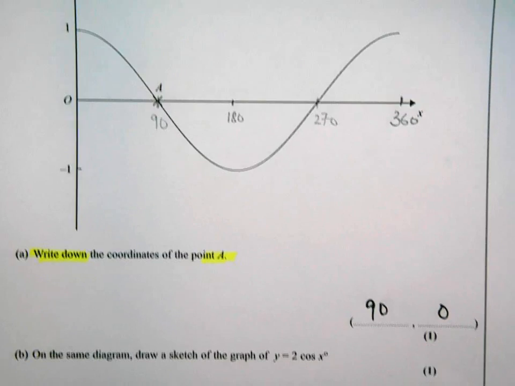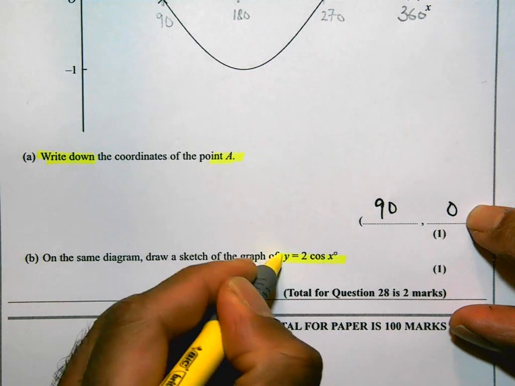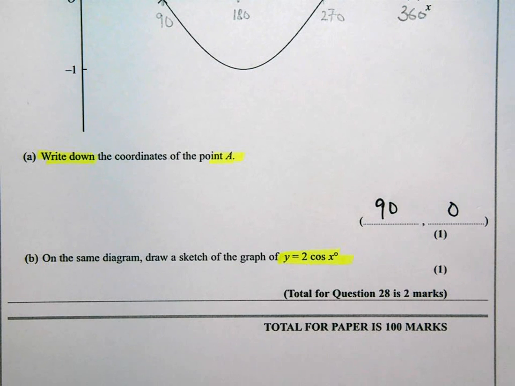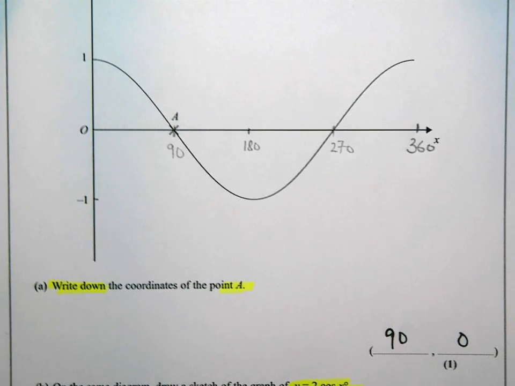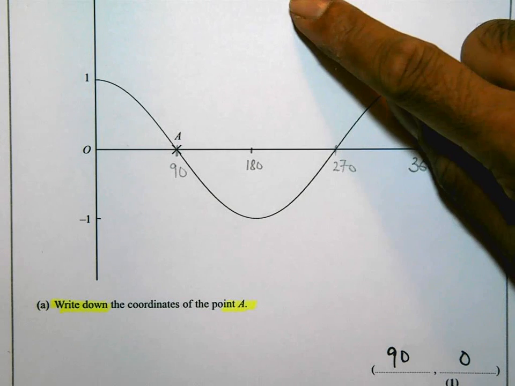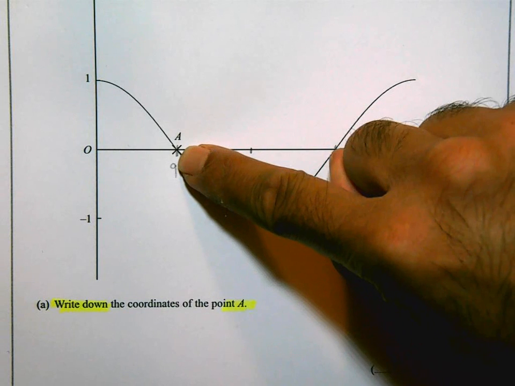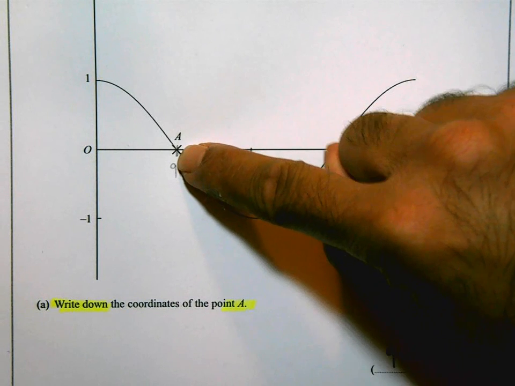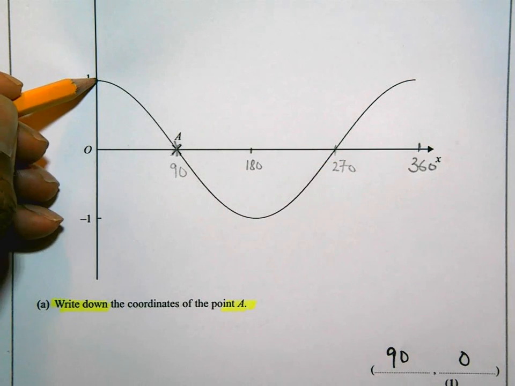Let's look at part B. Part B says, on the same diagram, draw a sketch of the graph y is equal to 2 times cos x degrees, or 2 cos x degrees. What that means is it's 2 times cos x, right? So it's the same as this graph here, but we're going to times it by 2. So if you think about what I originally have, cos of 90 is 0, 2 times that is still 0. If I think about what goes here, cos of 0 is 1, 2 times that takes me to 2,